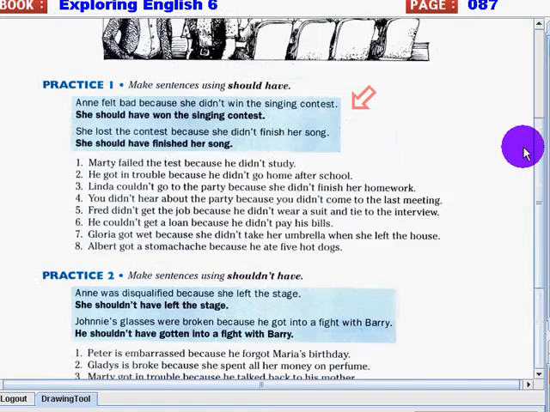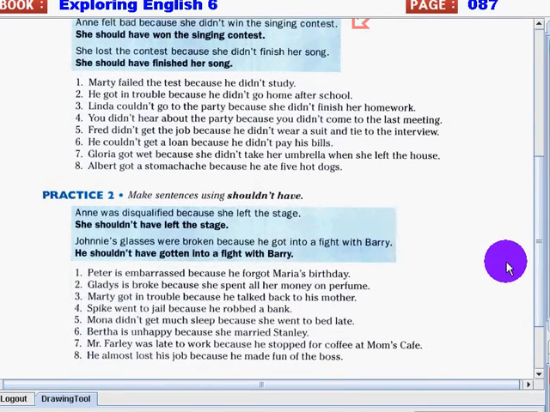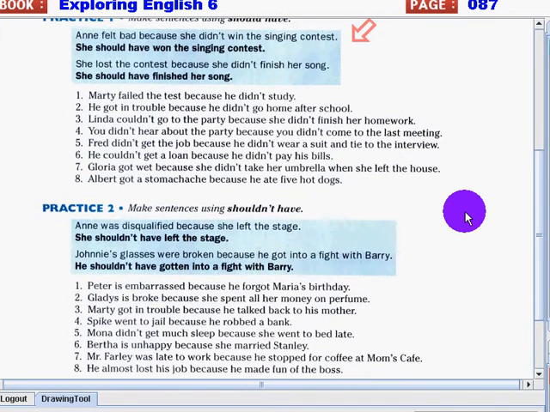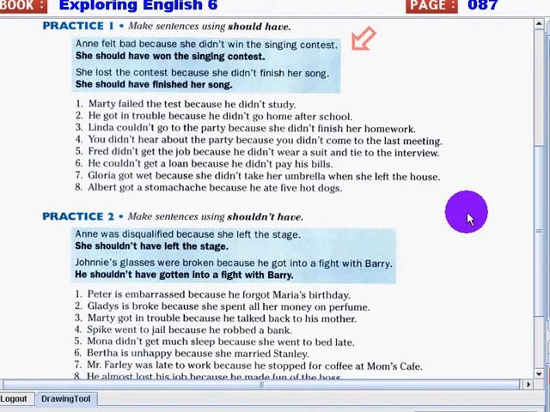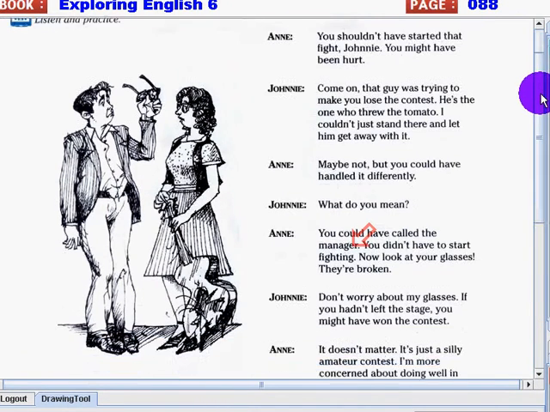Okay, now students, I want you to answer these activities again. To do that, please get a piece of paper and copy the following sentences. And then, after that, get another piece of paper and write your complete answers. Remember, you have to write or make complete sentences using should have in practice number 1 and shouldn't have in practice number 2. Okay? Now let's go on to the next page and let's read this conversation between Anne and